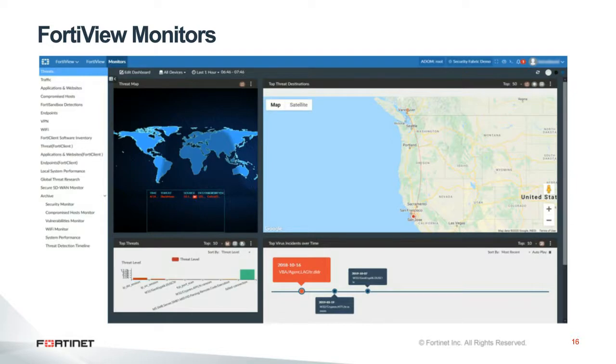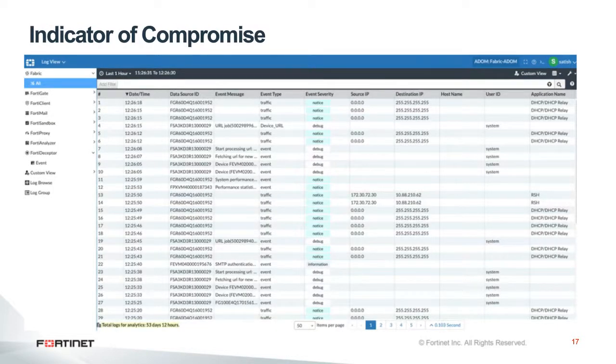Indicator of Compromise is an attached service. Now, as the data from the security fabric is coming into FortiAnalyzer, you see this data can be event logs, traffic logs, DNS logs, web filter logs, and so forth. Once you get this data in a big data engine like FortiAnalyzer, you want to generate value from that data, and obviously reporting is good, monitoring is great, but beyond that, there is this attached service called